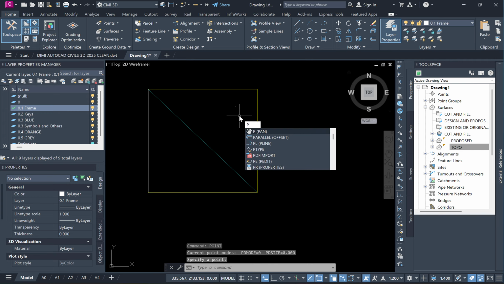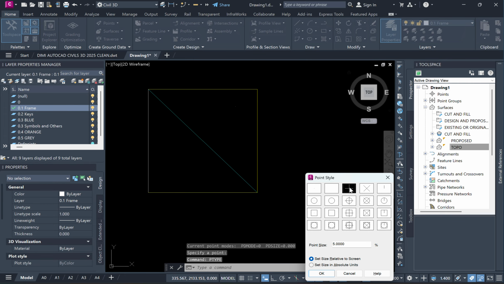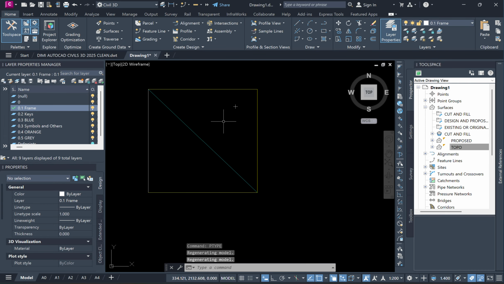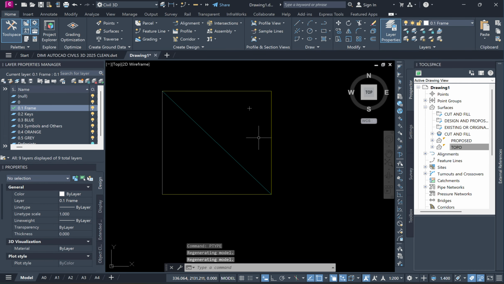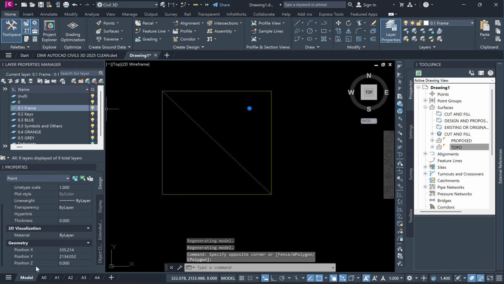Let me just change the point symbol to something slightly more visible, slightly bigger. Okay, let's make it 200 mil bigger, just like that. And let's change our point elevation from 0 to 0.5,